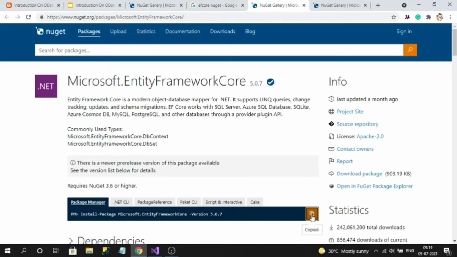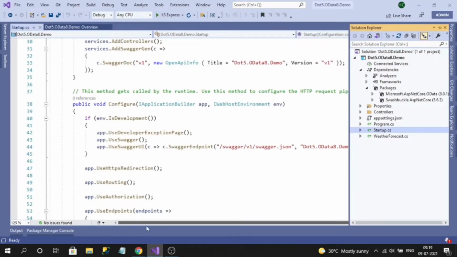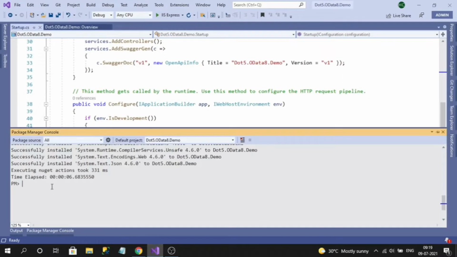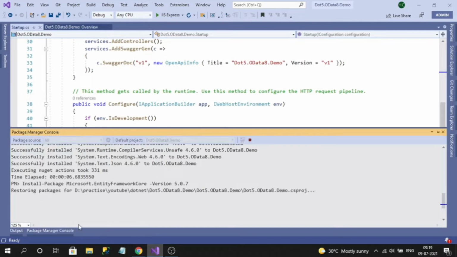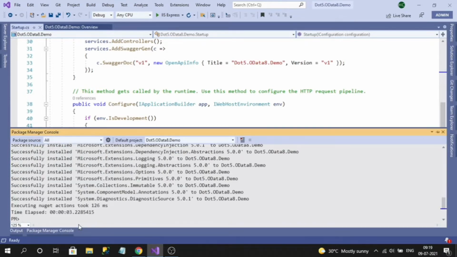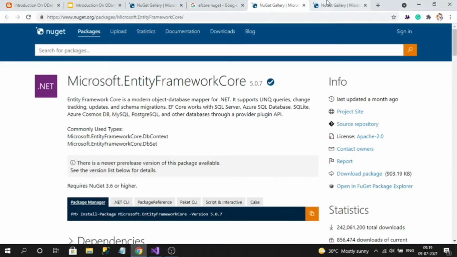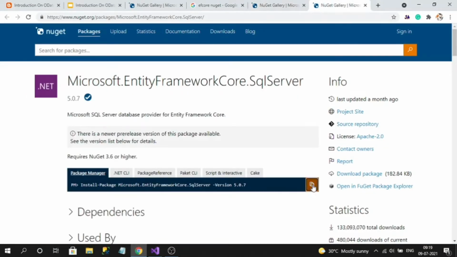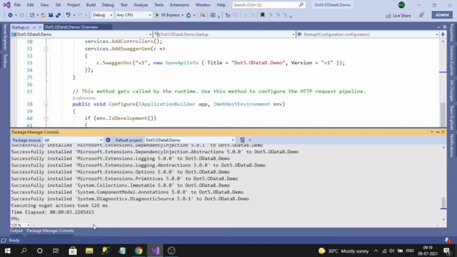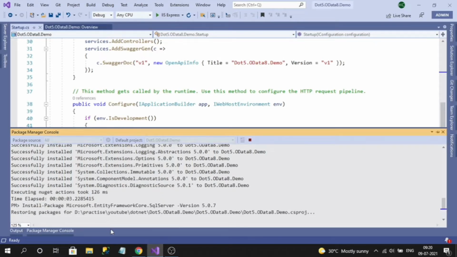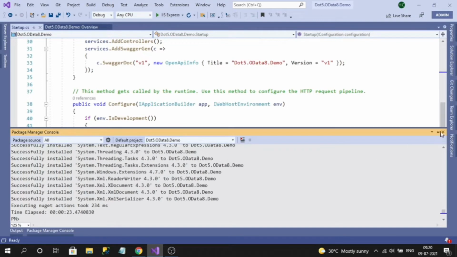So let's copy that. Package Manager console. Let me paste it and install it. So that is successfully installed. Next thing is SQL Server. So copy that and paste in our package manager console, install. That is also successfully installed.